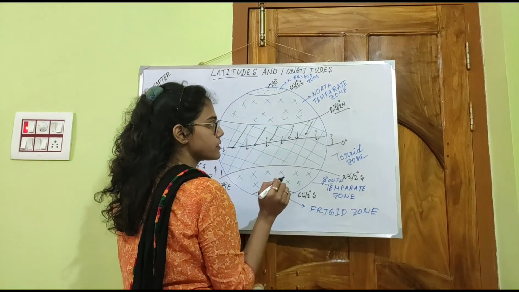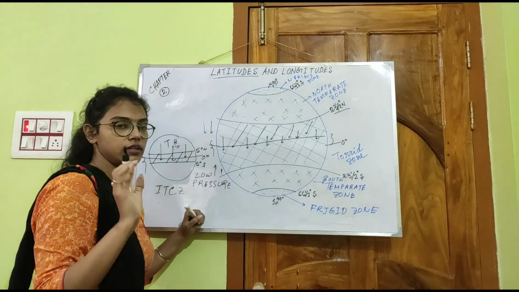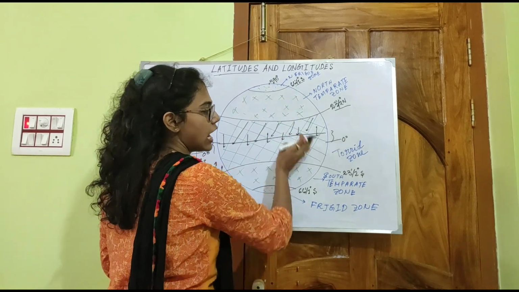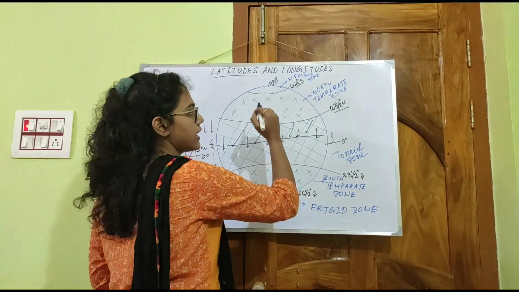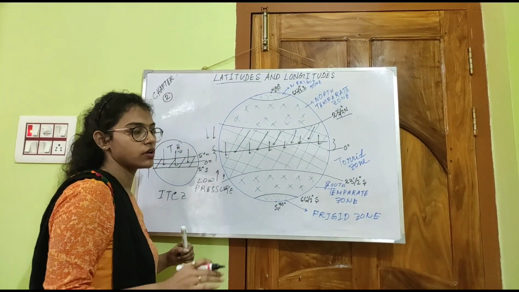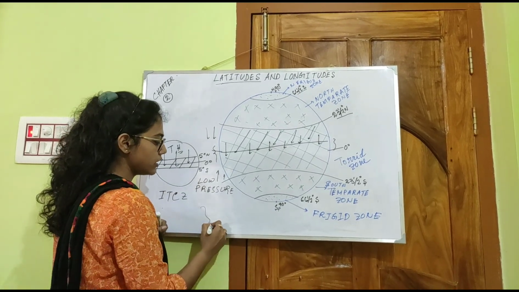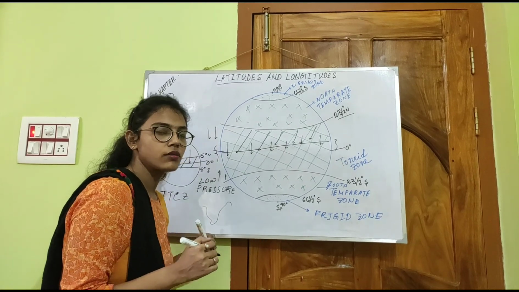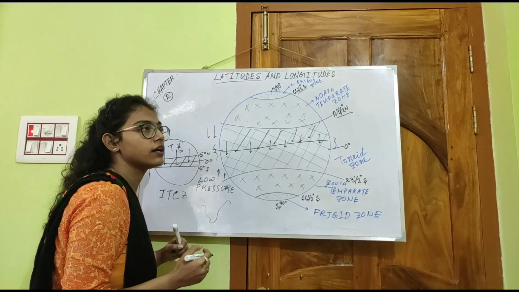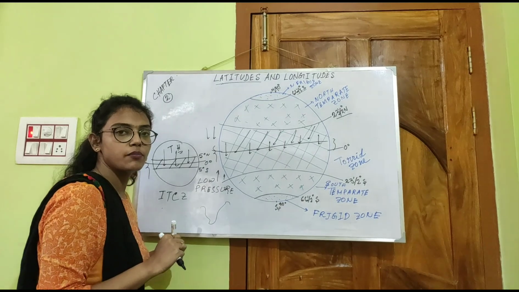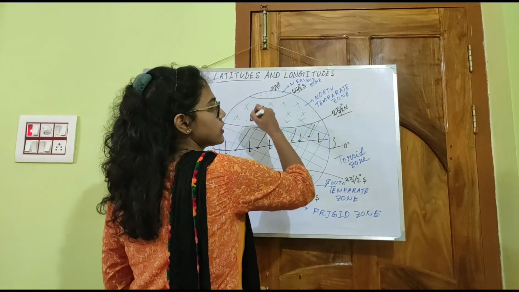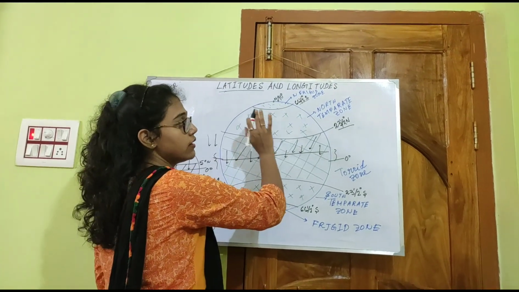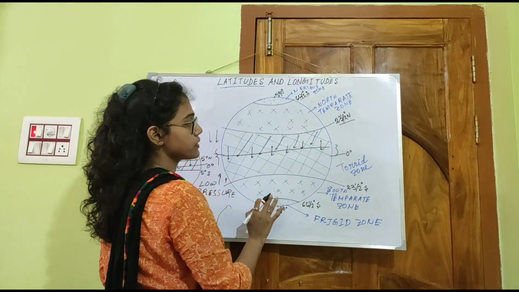And in the north temperate zone, one interesting thing is that India is located half in the torrid zone and half in the temperate zone. The lower part of India is located in the torrid zone, and the upper part of India is located in the temperate zone. So this portion is the north temperate zone or the south temperate zone.